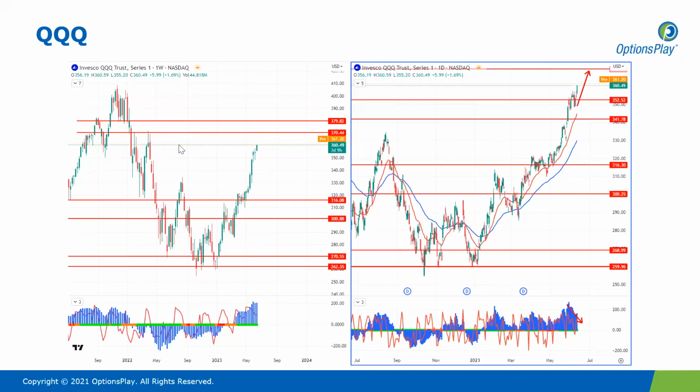We are definitely seeing a risk-on rally. So we are seeing a lot of rotation into the technology names, the AI names. Obviously, with the AI boom that we've seen over the last month or month and a half, that has definitely helped the NASDAQ 100 outperform the S&P 500.